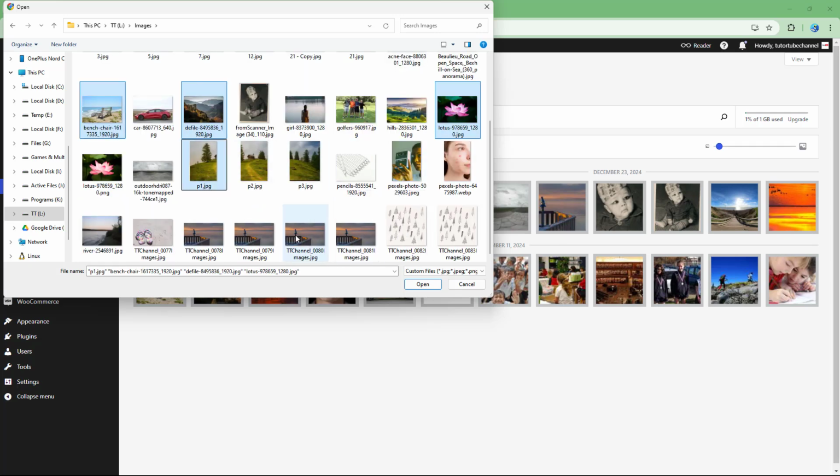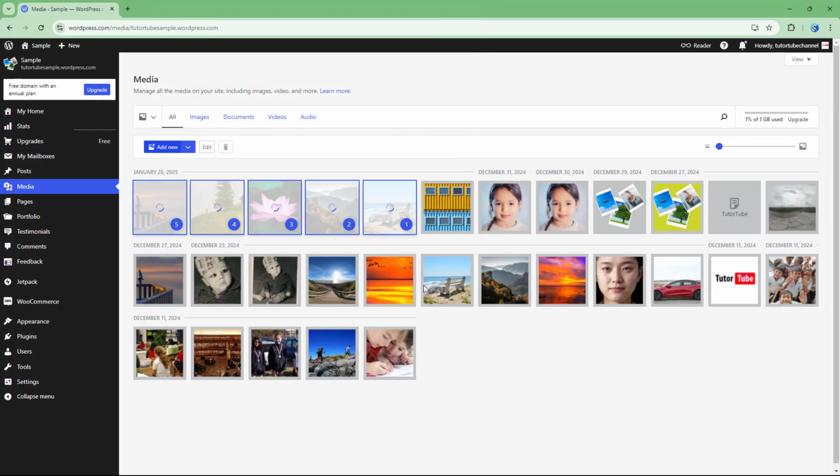So let's just choose the images that I want to upload, then click on open, and then what happens is that all of these images will be uploaded right here onto the media library. Now in your post and so forth, you can simply bring all of those in easily as well. And that is how you can add in your own media library